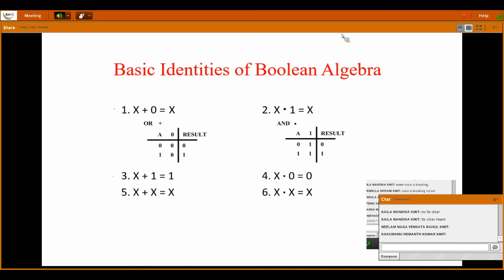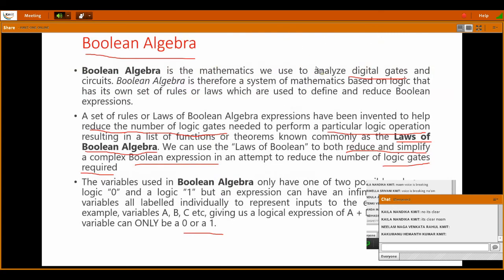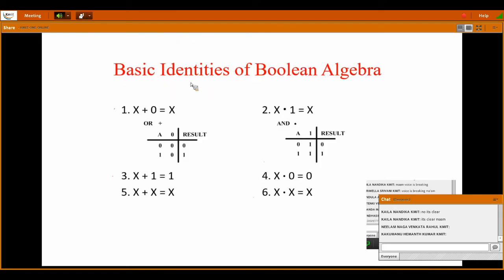See the first identity. I just want to tell you that if you have a pen and paper, please write this down, and I'll give some simplification questions so that you can solve them on paper. It will be easy for you when writing your exam. Since it is an online class, if we had done this in our offline classes, it would be very interesting. You would enjoy doing all this simplification process.